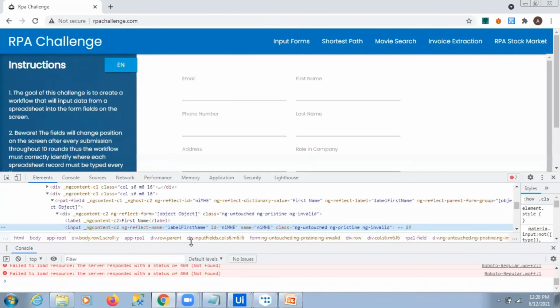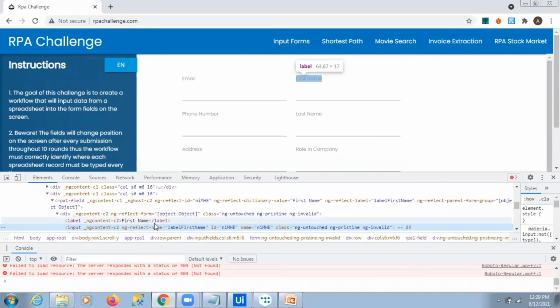In the CSS, which property have you used? I used the CSS input property, the input name property. In this scenario, the ID of that particular website got changed, but the remaining ones are examples of the CSS selector. Instead of the input tag, we can use the ID, because on most websites the IDs remain the same. So the ID is also a solution, but on this type of website the IDs got changed, which is why we rely on the CSS input tag.